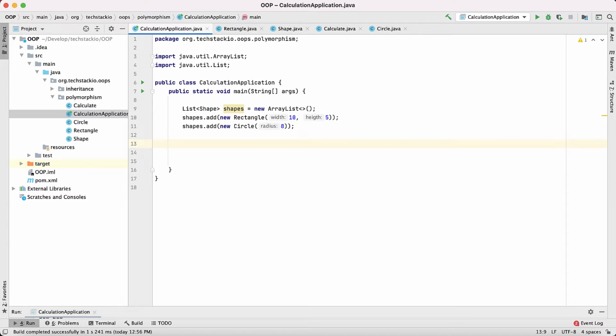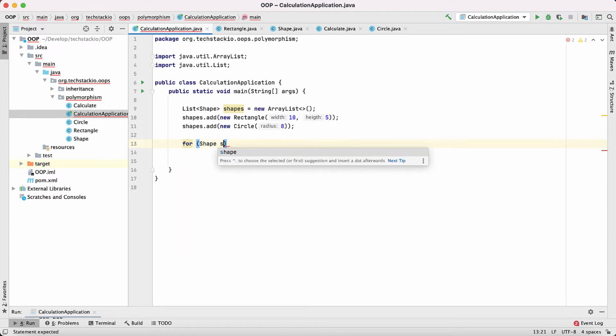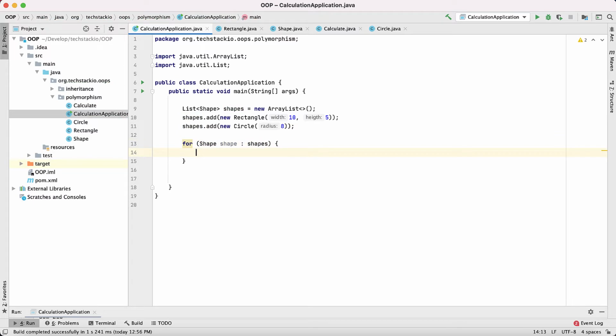Now let's print these values and see which method is going to be called. I'm using a for loop to print the method of each class. So shape dot get area.